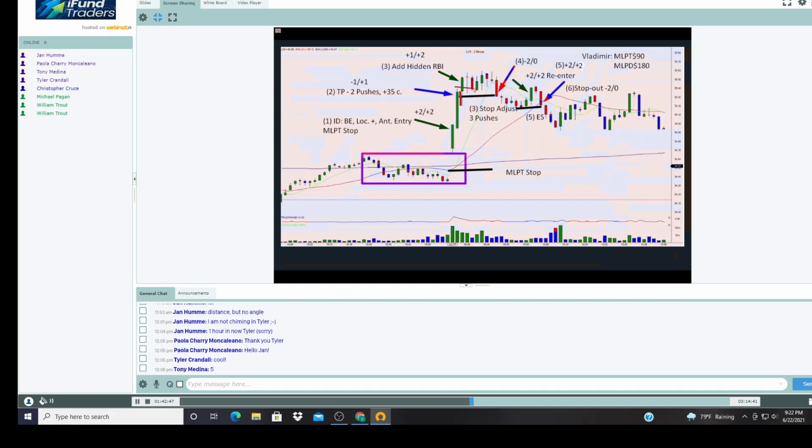You have to. Okay? Because normally what will happen, what do we expect here? We expect follow through here. This is what normally happens in most cases. It didn't happen here. In most cases, that will happen. So you add here, and then you start taking profits here in this bar. That is the recipe of the checklist.